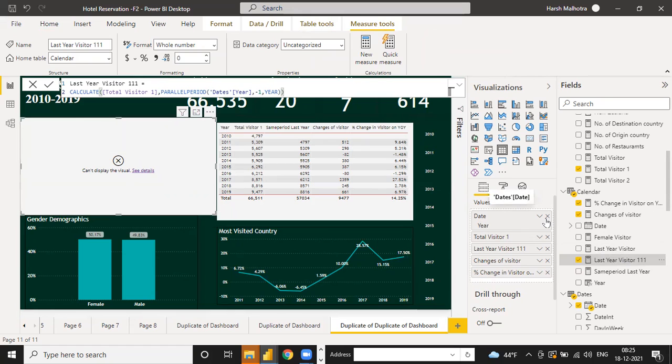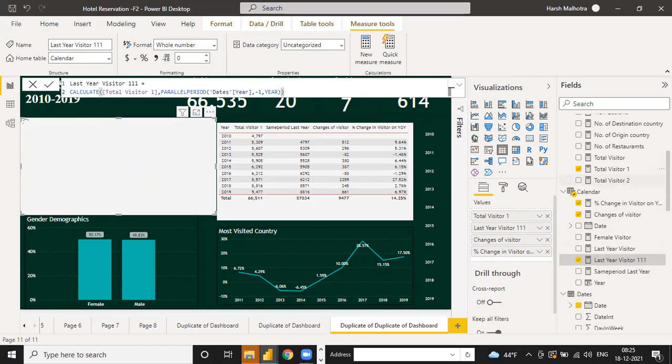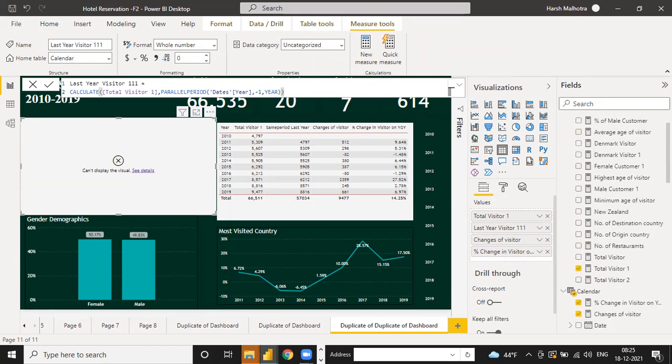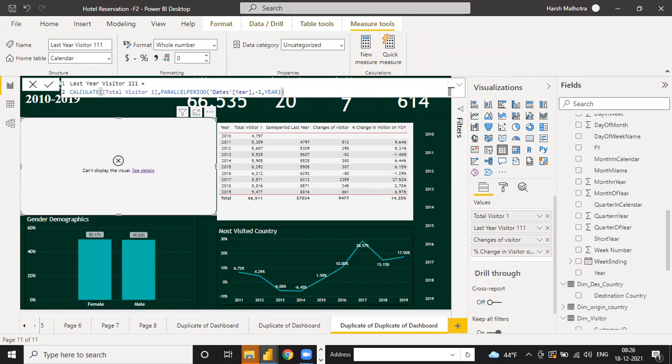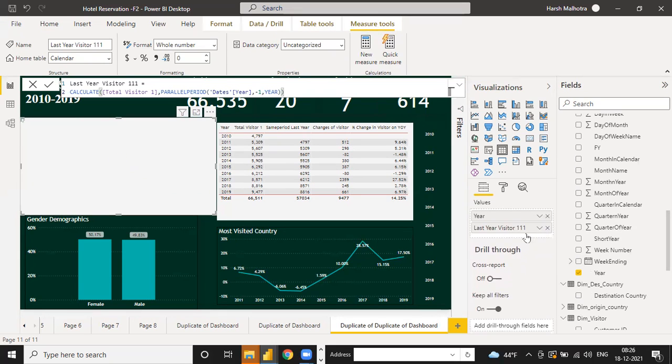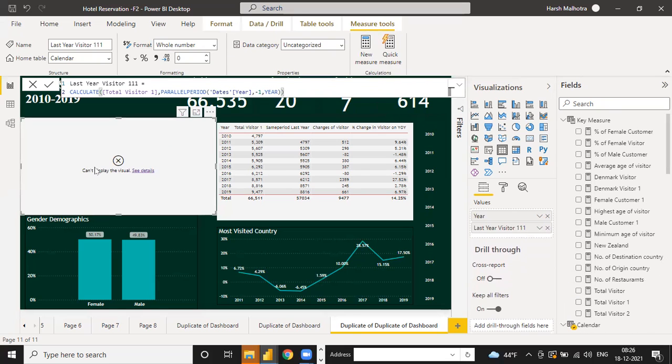Okay, I am selecting the wrong date. So select the date from this table. Maybe some error with the data, not only for this function. Okay, so the function is correct.